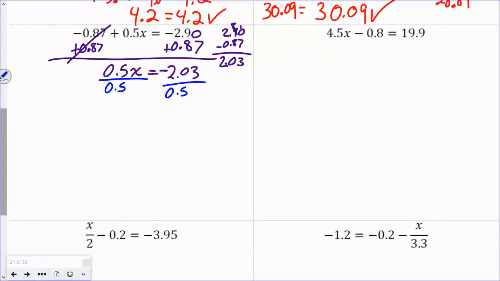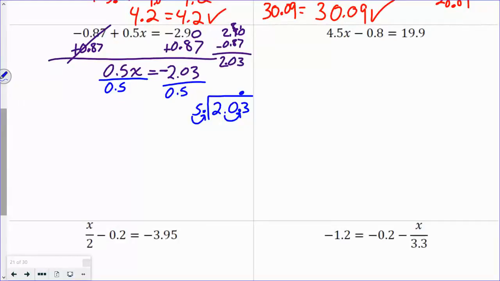Okay, so now we need to do our division. But this is where things get a little bit tricky. We got to remember that we need to divide by a whole number of 5. So that means I move this decimal to right here. Okay. All right,